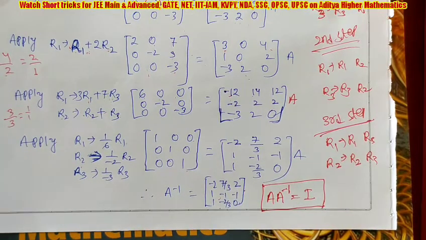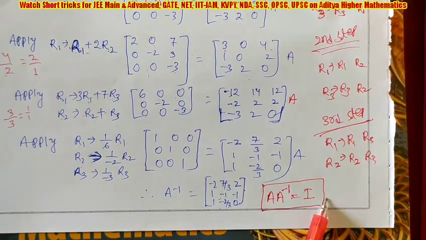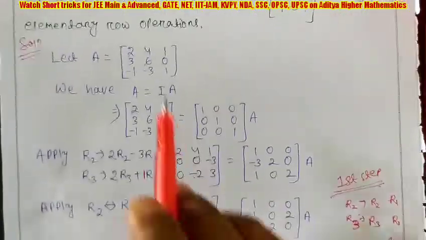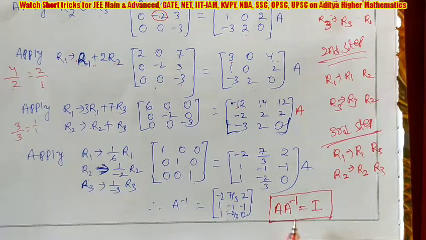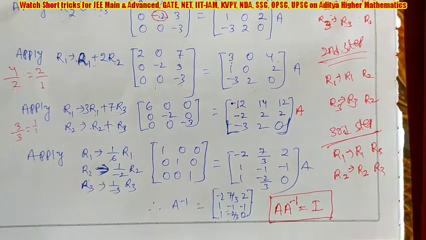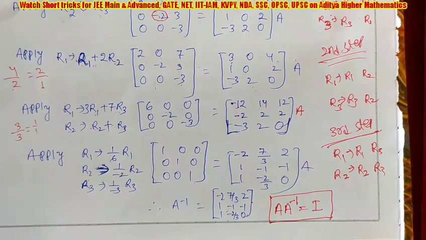So in the exam, how to verify your answer is correct? This is the procedure. When matrix A is given, you first find A inverse, and after that in rough you verify by multiplying A and A inverse whether you are getting I or not. If you are getting I, your answer is correct. And this is the method I told only for semester or board exams. But in the next video I will solve how to find the inverse using shortcut methods.